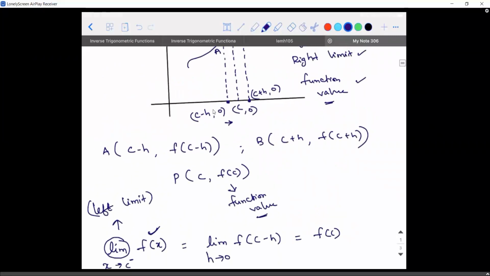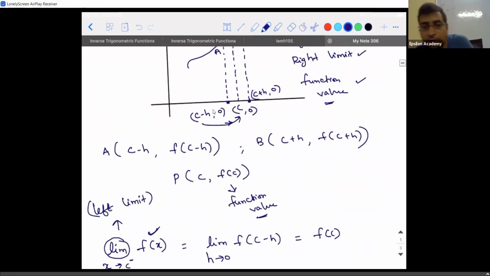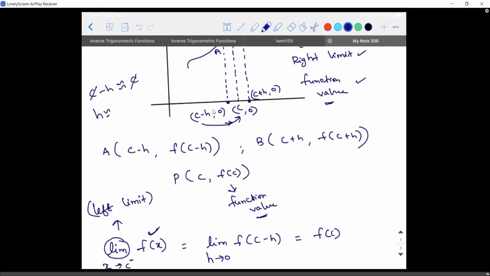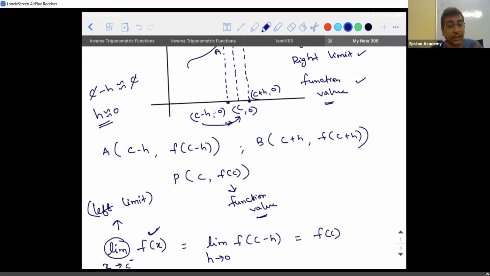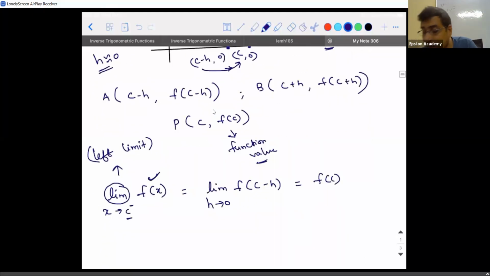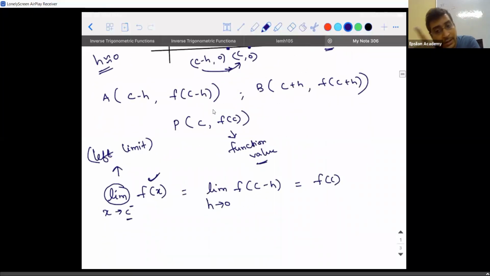So when will c minus h approximately be equal to c? If I want c minus h to be approximately equal to c, if I cancel this c, this h should be approximately 0. h should tend to 0, it will not be 0. Remember one thing, guys, calculus is all about approximation only. Calculations are approximate values to the nearest possibility. They will be close to the accurate value, but they are approximate values. So that is the reason I didn't write h is equal to 0. I told h is tending to 0.